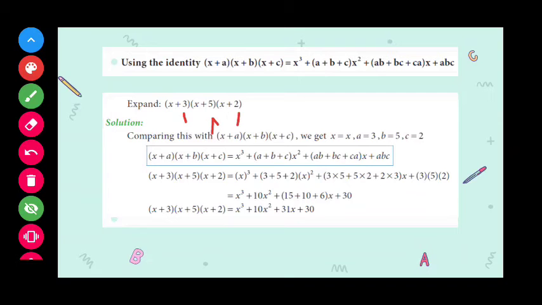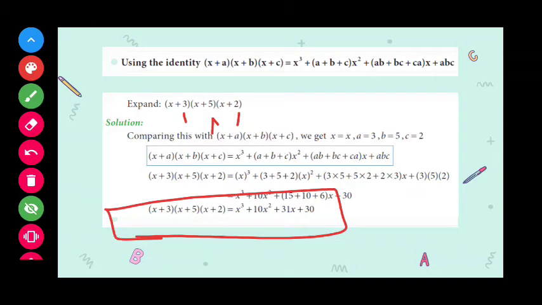Okay, so using this you can substitute the values of a, b, c in this identity and finally get the answer very easily. This is a much easier way to find the answer rather than multiplying inside. So that is why we use identities, to simplify a problem in a much simpler way. Okay, so I hope you all understood how to find a solution for a problem using cubic identities.